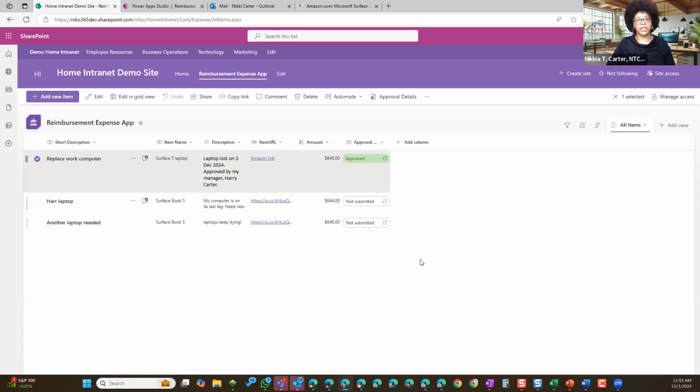Lots of different applications across all industries can be created here, just depending on what the need is and how you want it to look.